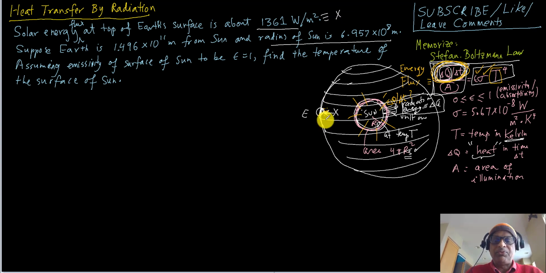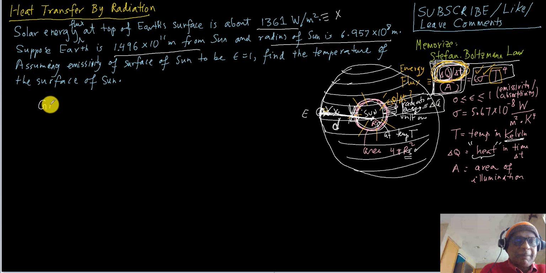So x is falling here, and this thing is at a distance from the center of d, right? D is given, and I want to know what's the y over here. So if the flux here is x and the flux here is y, which is the left hand side, so we are given